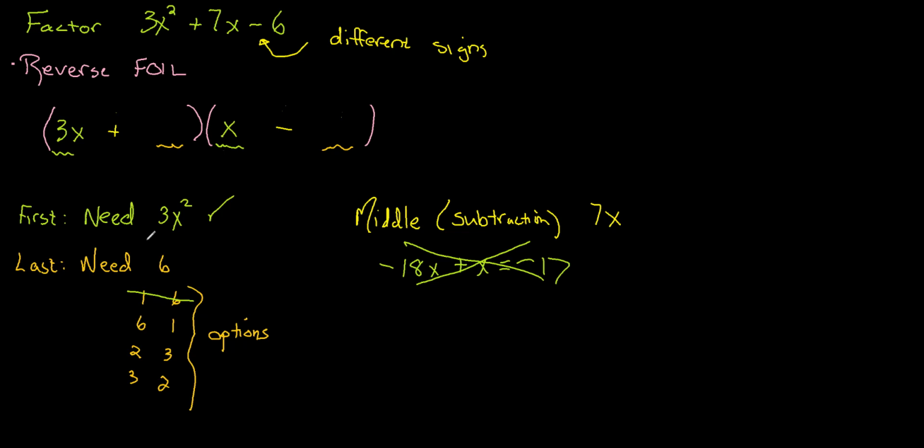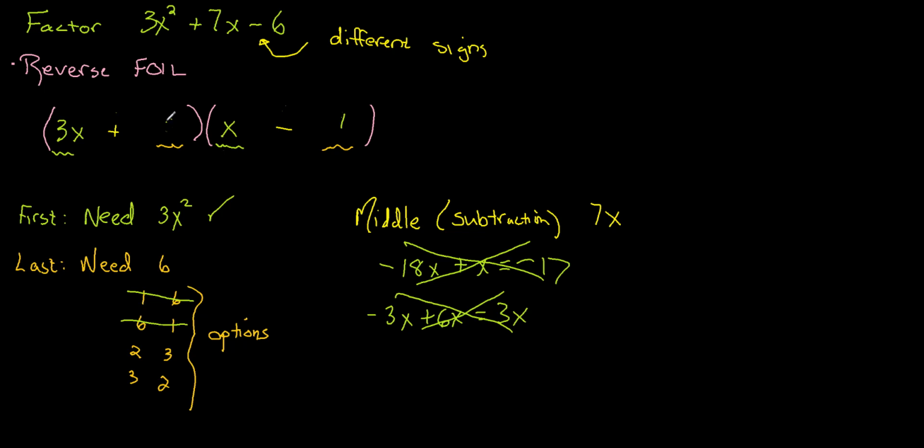So let's try the 6 and the 1. So now on the outer terms, we get a 3x, and on the inner terms, we get a 6x, and that gives me 3x. Also not satisfactory because it's not giving me the 7x. So that is not going to work. Moving on,